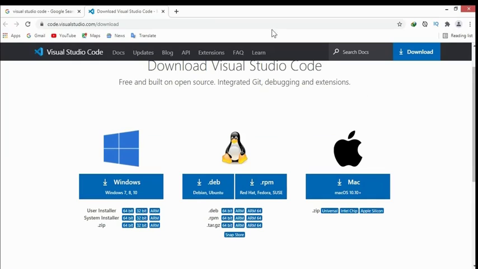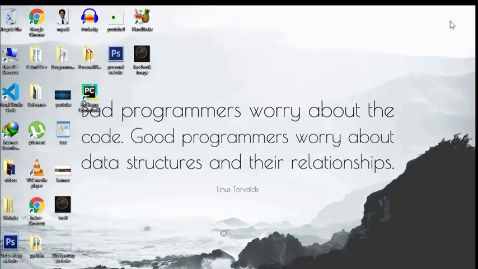On the other hand, Visual Studio you can run only in Windows and Mac, but it's recommended to use Windows. But Visual Studio Code you can use on any platform. So just click on this 64-bit installer, and that's done. I have installed Visual Studio Code, so I will be turning off my internet now, and then go to the installation folder or the place where I've downloaded Visual Studio Code.